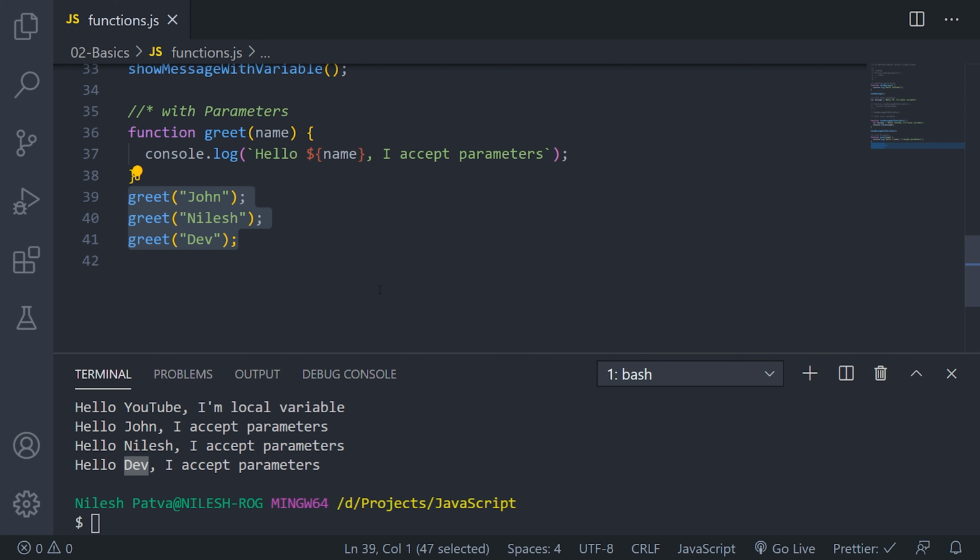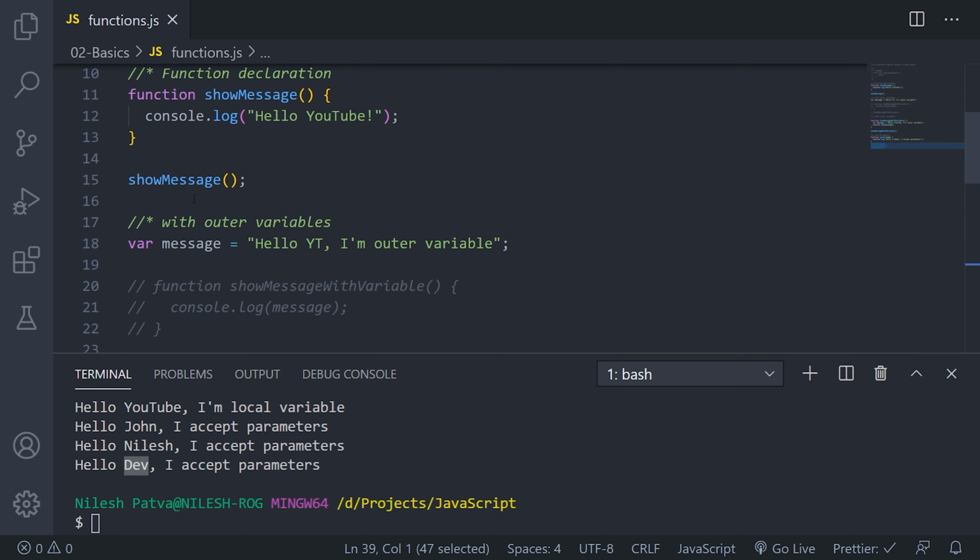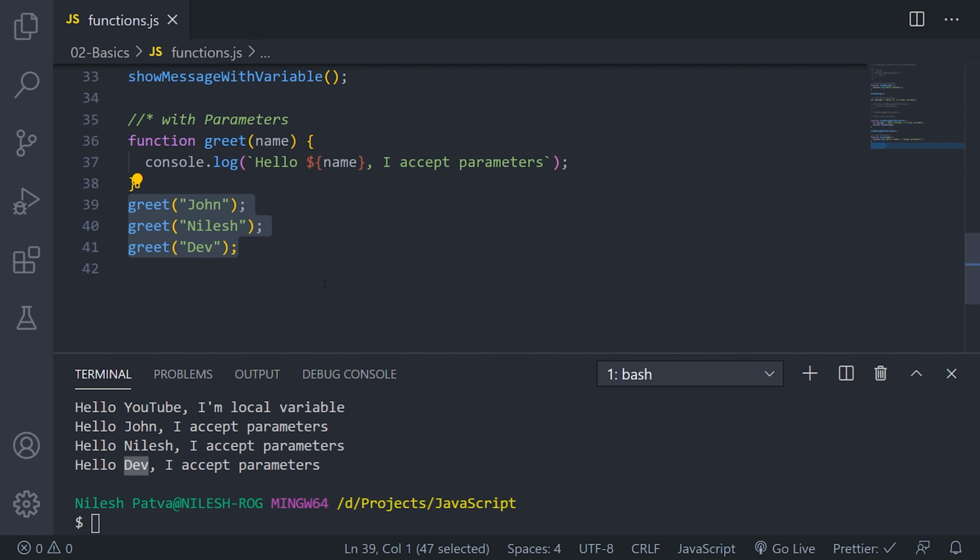We will see scope in the next video. In that video we will also cover the difference between var, let and const keywords, and also later we will see how we can declare functions with a different syntax. So this is a very conventional syntax what we have written here, but we can write arrow functions as well, which is a modern JavaScript. So we'll get back to it later. So we'll definitely learn the arrow functions as well.